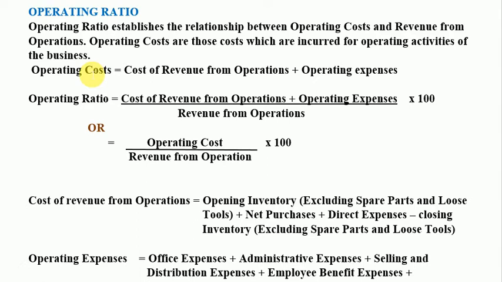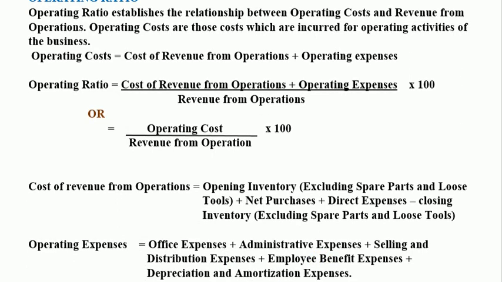We know cost of revenue. What we have to see is what things are included in operating expenses. So operating expenses include office expenses plus administrative expenses plus selling and distribution expenses and employee benefit expenses plus depreciation